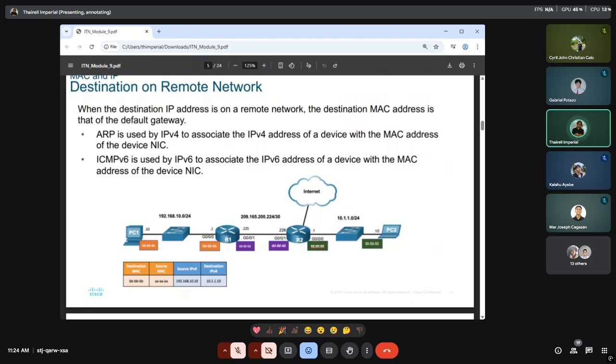So one way of having that is through the use of DHCP, particularly for IPv4, the Dynamic Host Configuration Protocol, where you may have a DHCP server that generates IP addresses automatically for all connected devices within a local area network. So you now have those dynamic IP addresses for all of the devices connected.